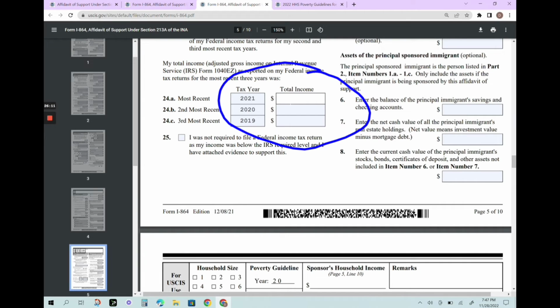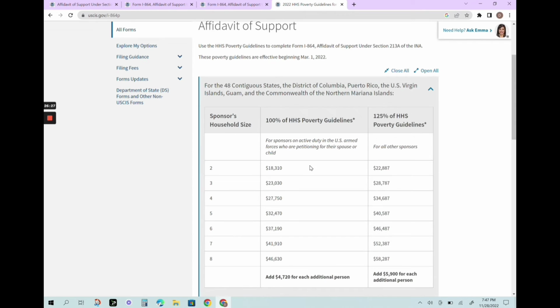So in 2021, let's say you made $60,000, but after taxes were taken out, you earned $45,000. So this will be your total income for that particular year. So remember, the government is looking at your most recent tax year. So if you are a family of 2 and your net income or adjusted gross income was over this amount, most likely you'll qualify to sponsor that